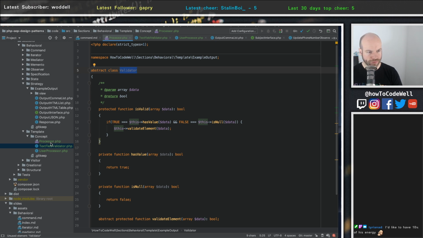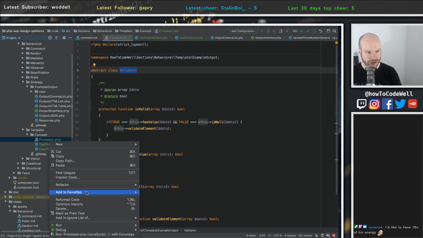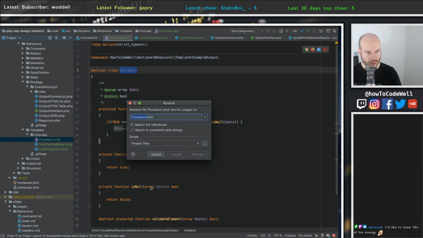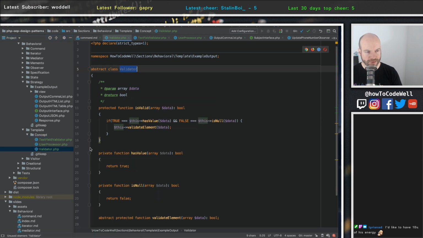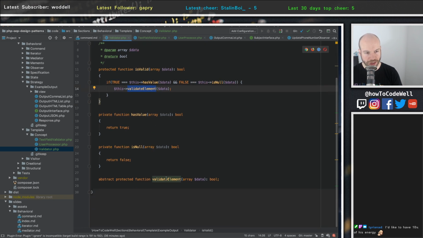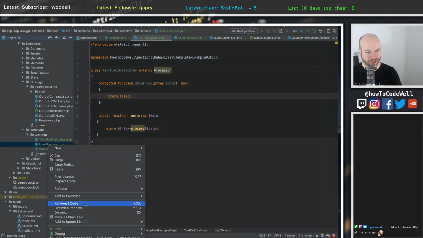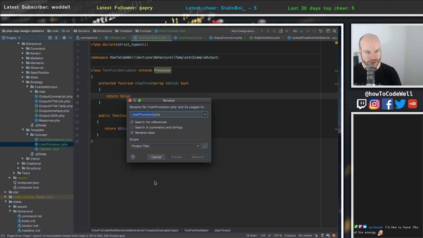The actual processor here needs to be renamed. Let's refactor that. Okay, so we got the has value here. So has value is if it's true and if that is not null, then we run the validate element, which is defined by the actual element. So that's text field. We're going to do one here for radio. We do something for